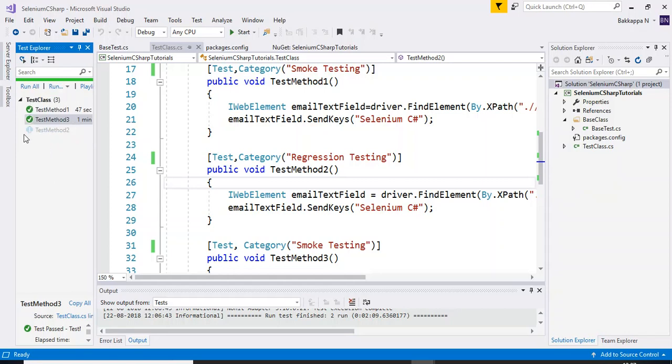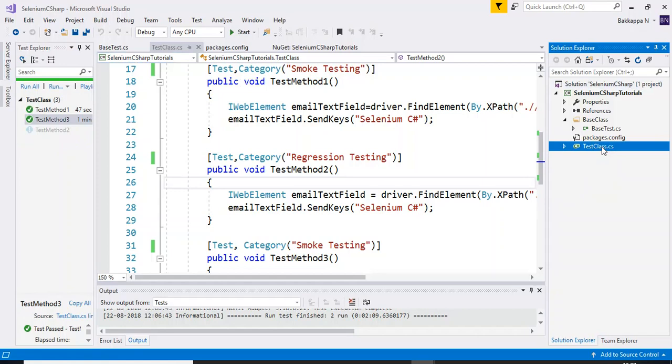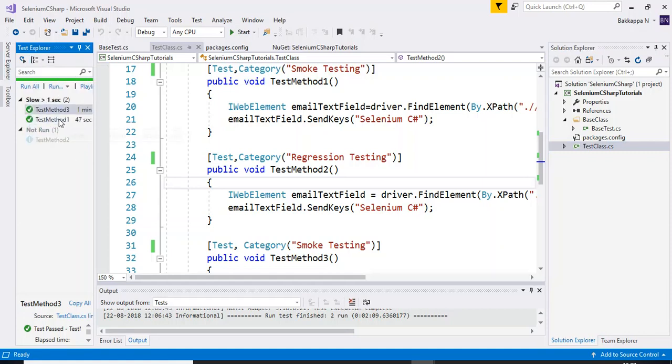If you select class, in my case I only have one test class. If you have n number of classes, it will list all the test scripts under that particular class. Then based on the duration, it will